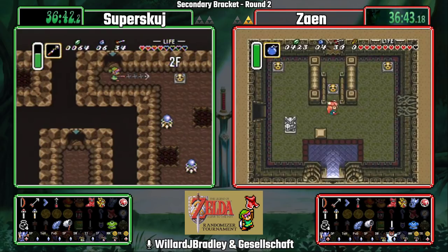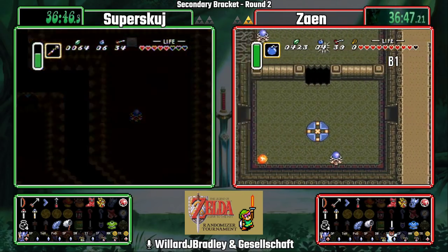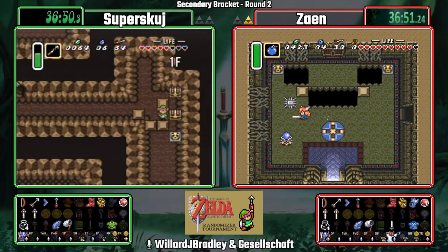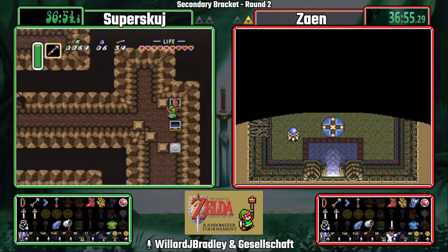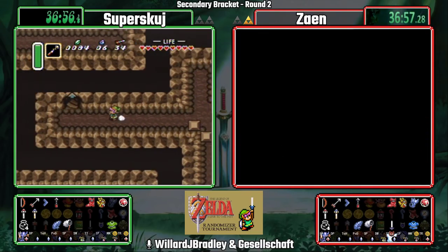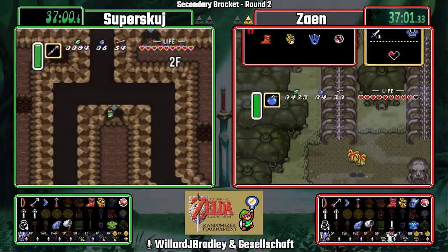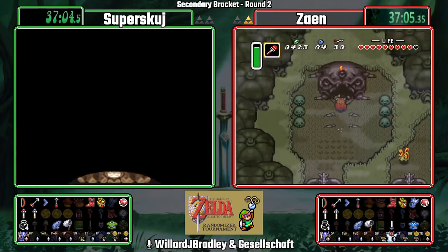It just seems like such a long wait for that Wallmaster to come get you, but it's the easiest and best way to do it without taking damage. I'd be surprised if you find the hammer here, but I'm not holding my breath. Oh wait, we did find the flippers. Okay, I was thinking, well, what about East Dark World? But we did find the flippers, so...